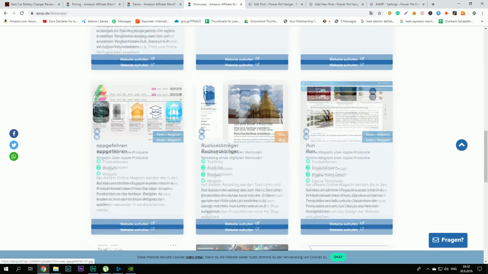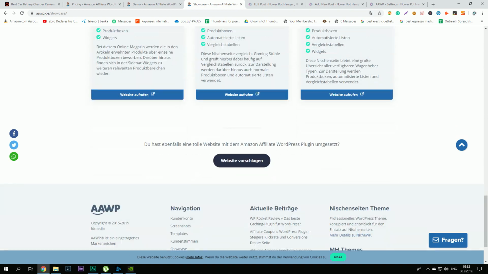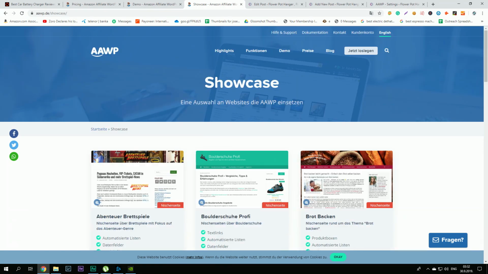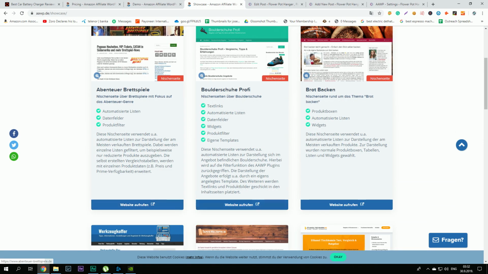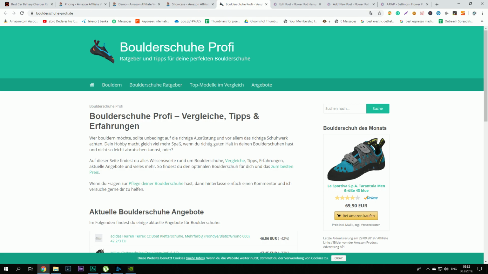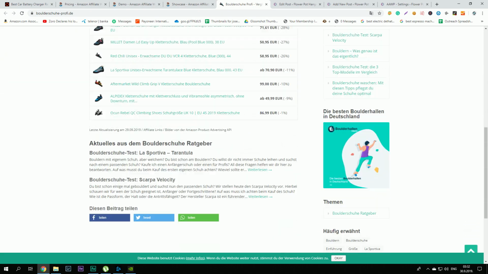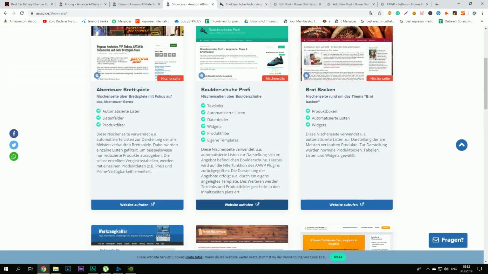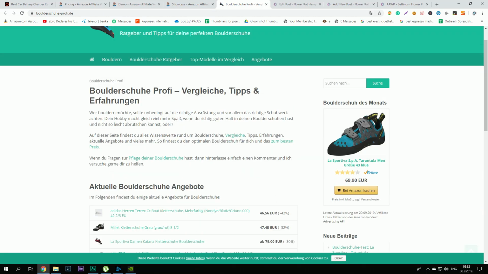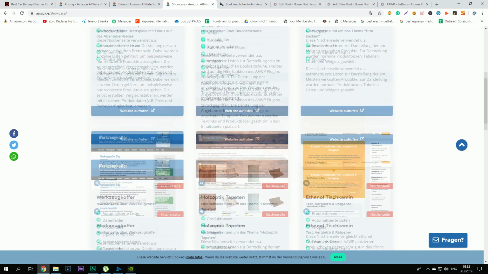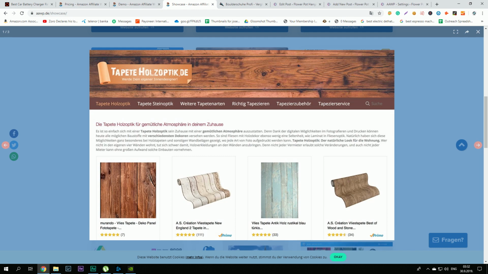Basically you have these websites which they recommend, and you can get some ideas from here if you need that. For example, they use this table, they use this widget here. If I go here, for example this website,